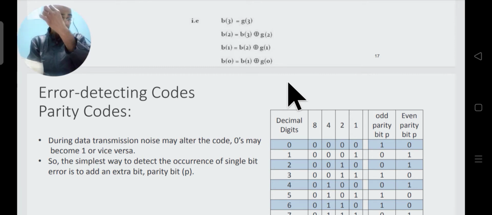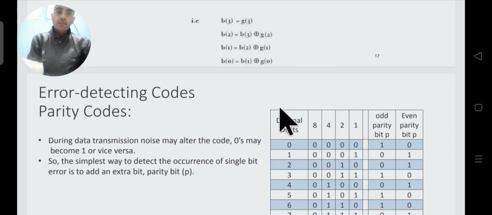Error detecting codes are required when we transmit some data over a channel, and if it is digital data, then due to noise some error may occur.